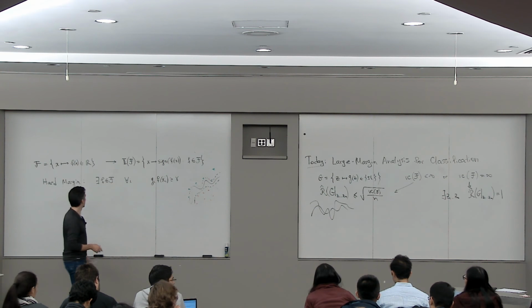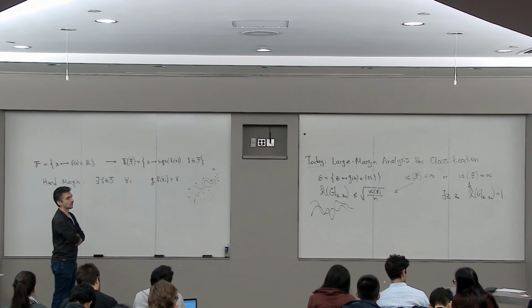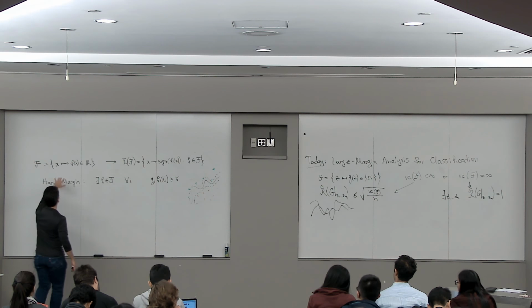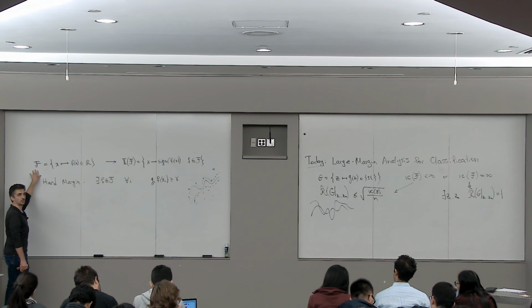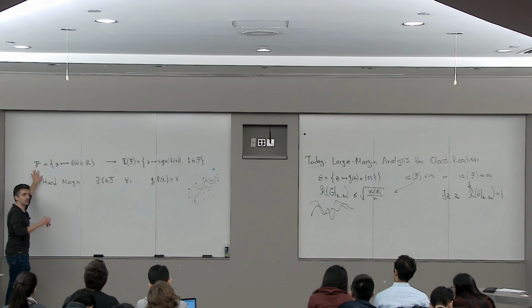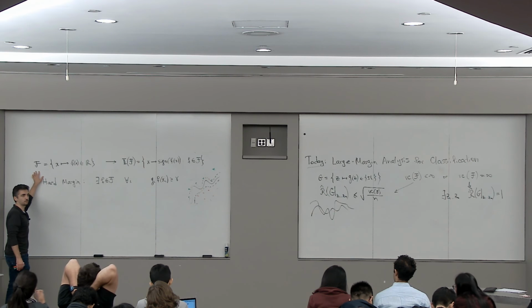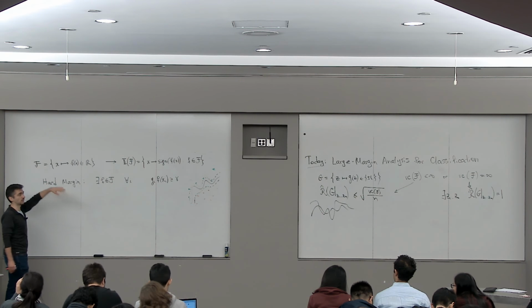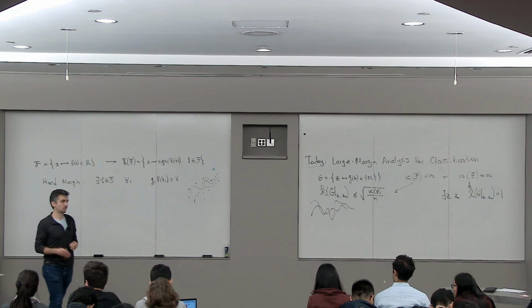Question? We are considering the set F for all classifiers. Are you considering all possible classifiers in the world, or the classifiers that you consider in your specific algorithm? It's going to be a fixed set of functions, and we're going to be choosing from this set of functions. It's an algorithm. So our algorithm will minimize something over this class of functions. It may be empirical risk minimization, so just minimize some loss. Ideally, in what I'm going to say, you would like to minimize the loss and maximize the margin.